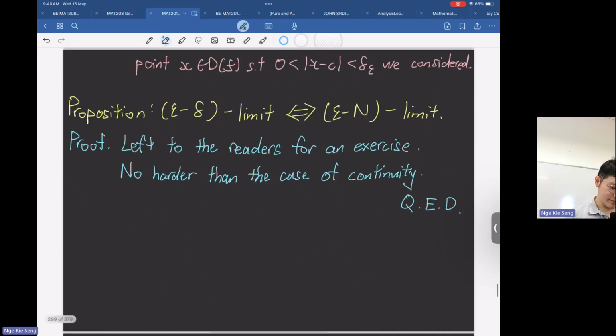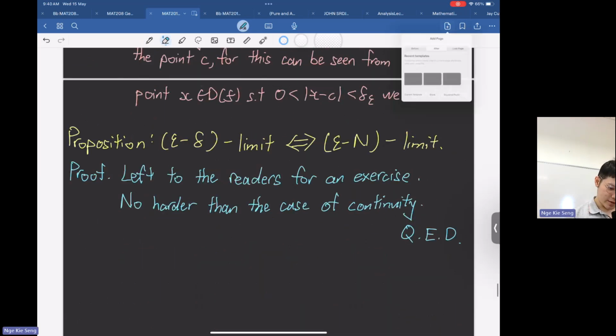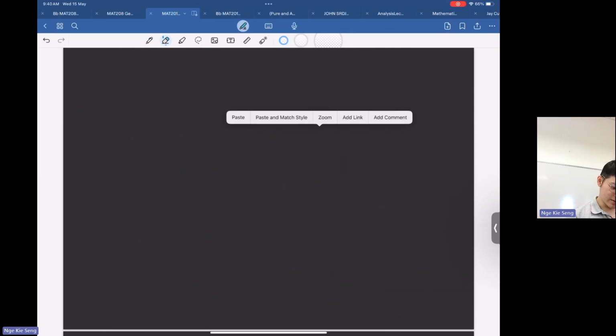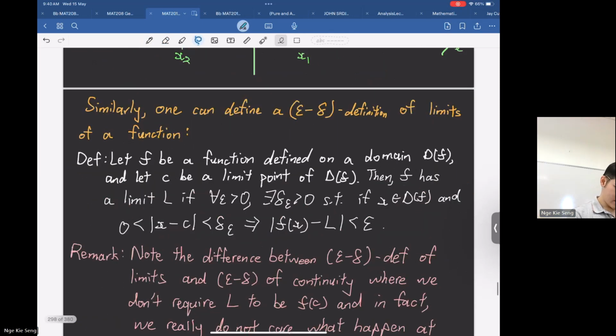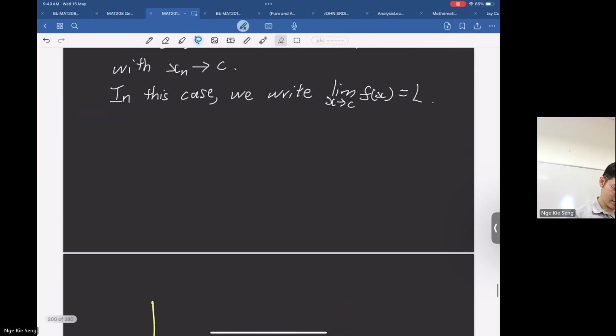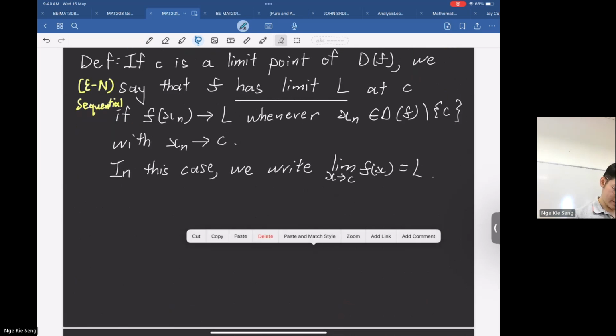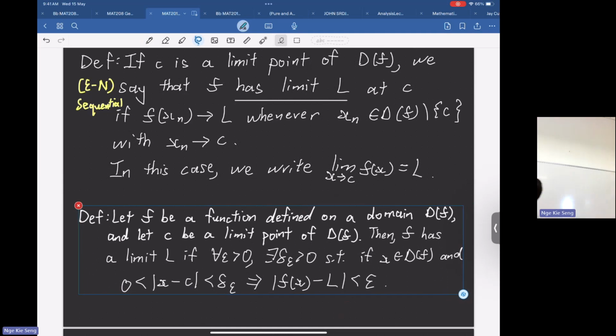Let me make one more slide and then I put them side by side, because they are the same, right? So let them sit together. See? These two define the same